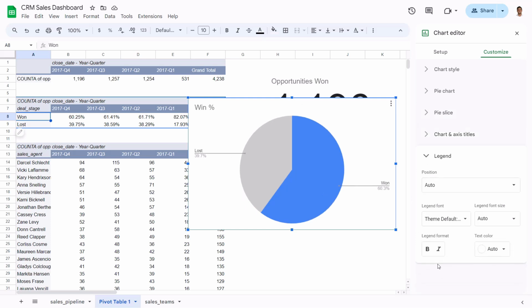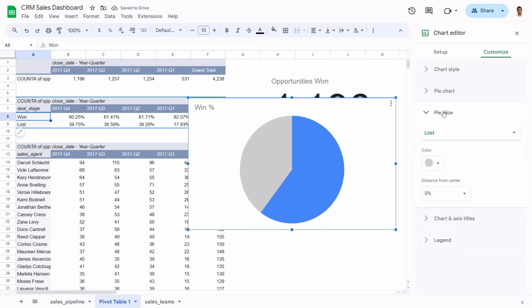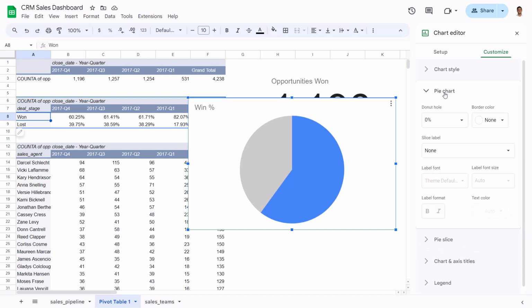And the legend right now is automatic, which is this labeled one here. But I'm actually going to change it to none. We already have win percentage here, and we're focusing on this slice, so we know this represents the wins. So we can remove that, and let's just add the data labels back in. And to do that, I can come back here to pie chart. We can add the value or the percentage. In this case, they're one and the same since we have the percentages in our source data, but we could